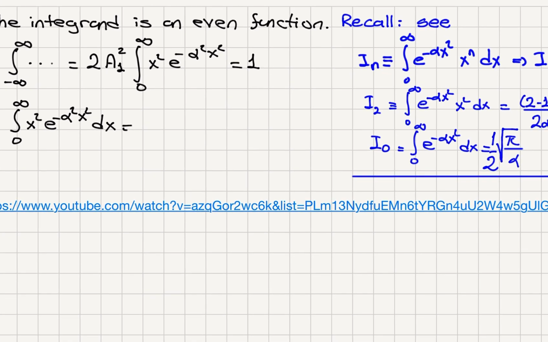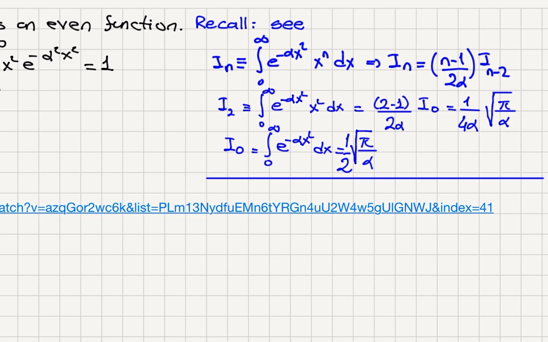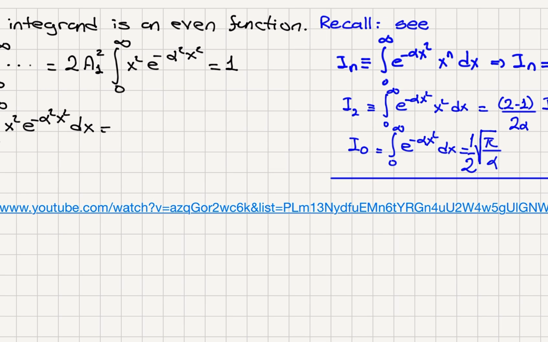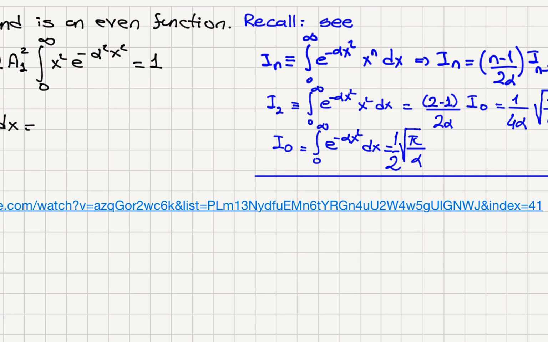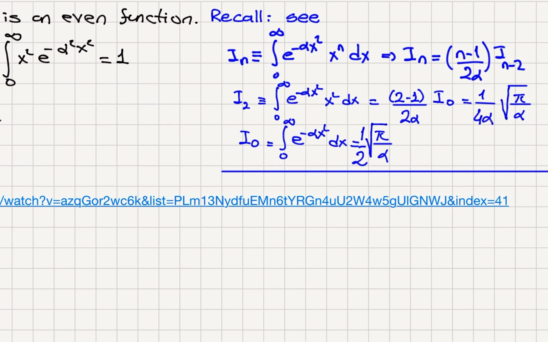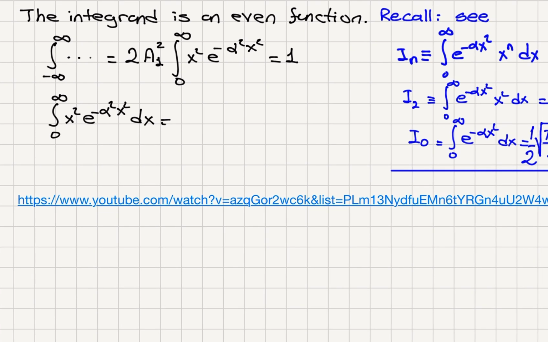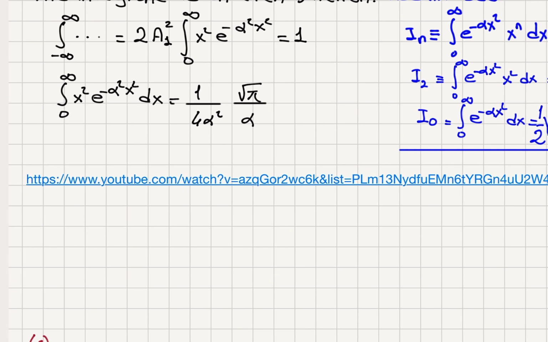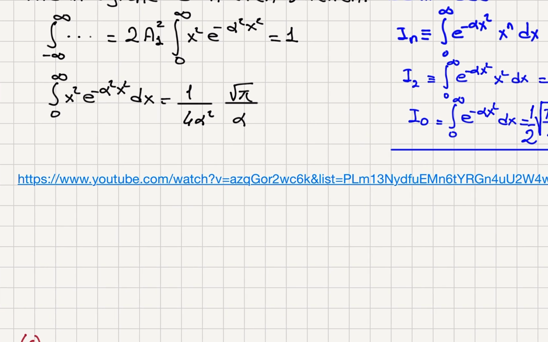Okay, so applying this result here, we have 1 over 4 alpha square root of pi over alpha for e to the minus alpha x squared dx. I have alpha squared here, so instead of alpha I'm going to put alpha squared. So with that, I have the result 1 over 4 alpha squared times the square root of pi over alpha. I'm just applying this result, substituting alpha squared. So if this is substituted into this, I will obtain